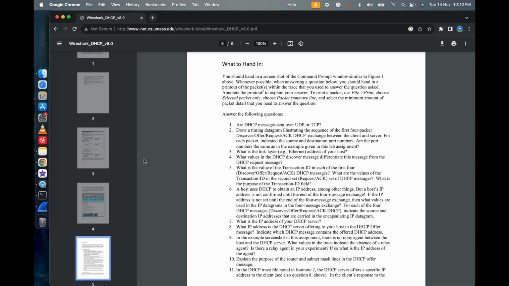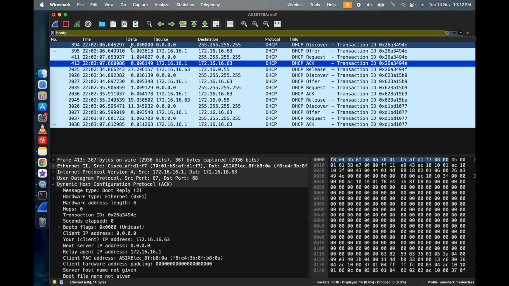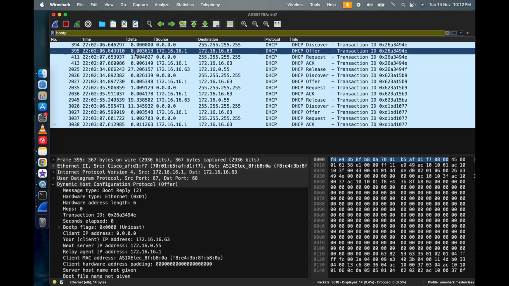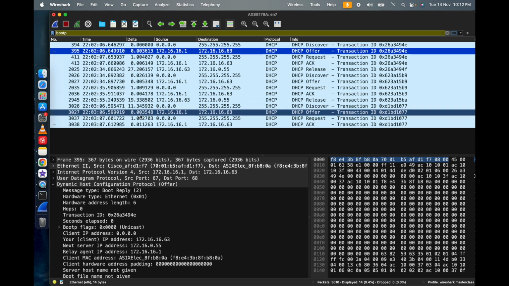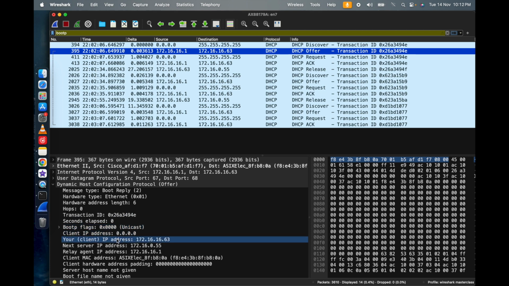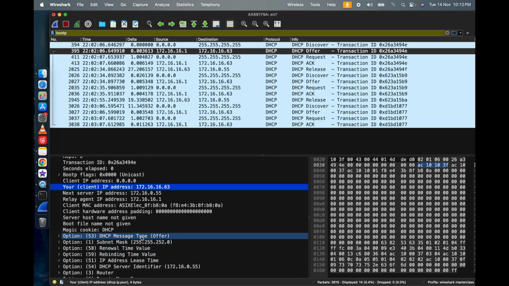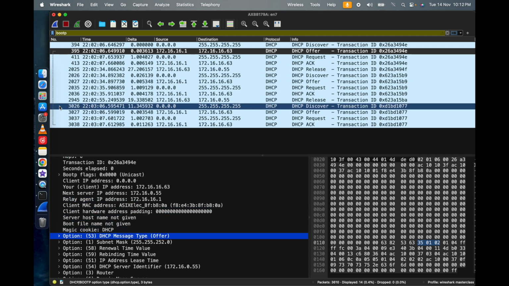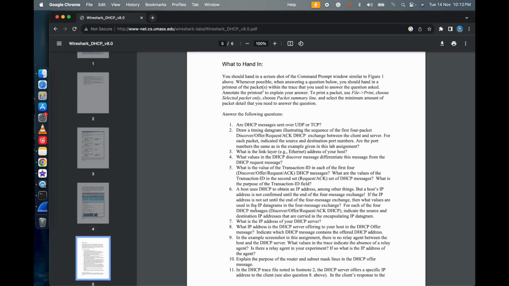So over here, in the DHCP offer, the client address of my website is 172.16.16.63, and the offer message is the DHCP message. It's of the type offer. Okay, so